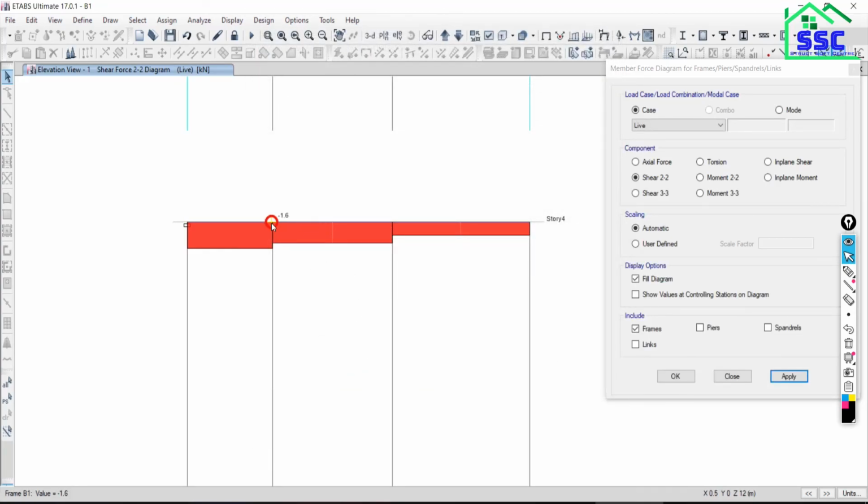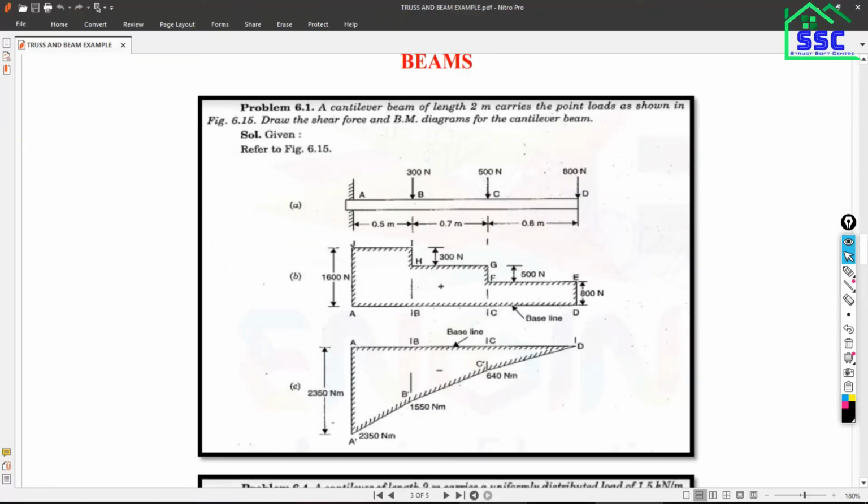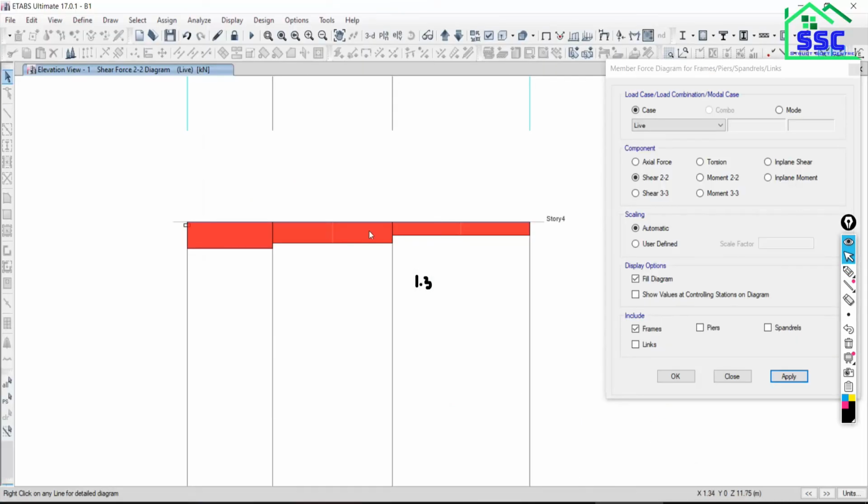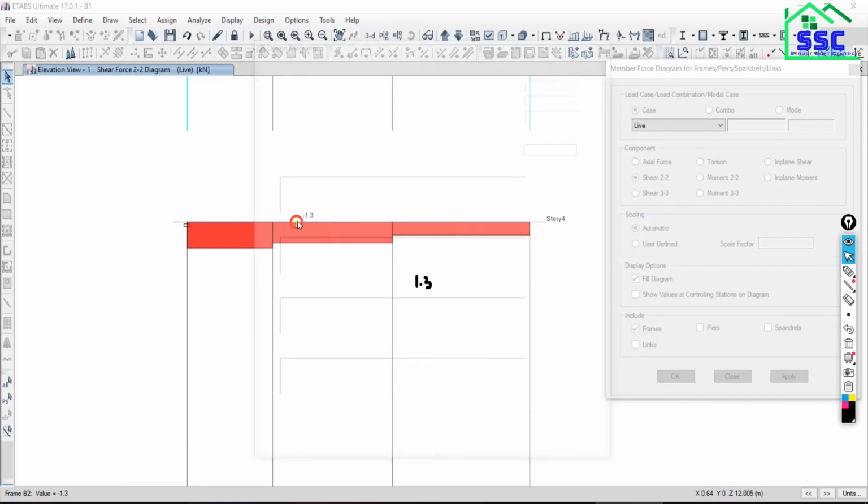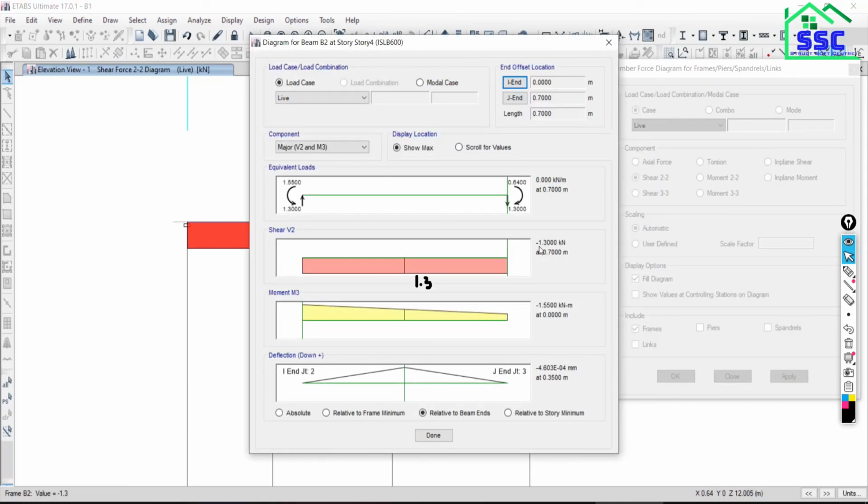Now at this end, how much it is? 600 minus 300, this will become 1300. So it will become 1.3 kilonewton. Just come back to ETABS and see here, how much it is? 1.3 kilonewton shear force.